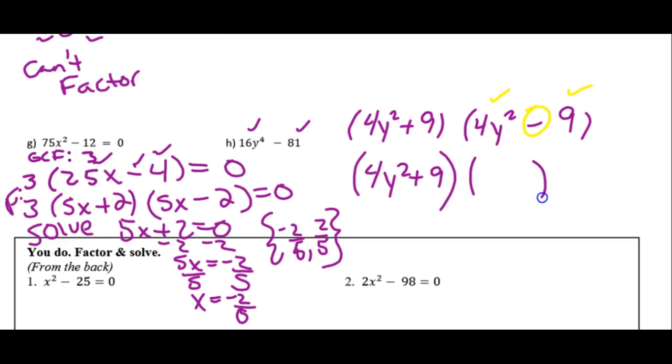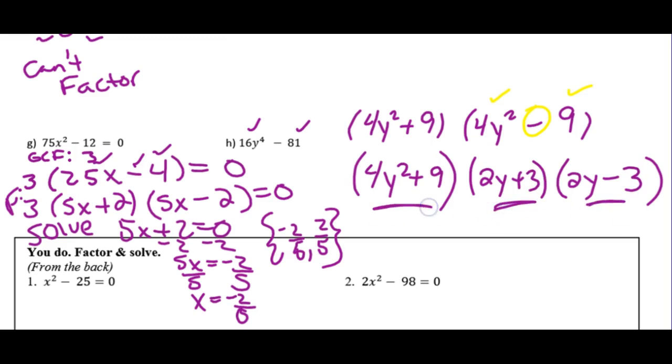This second one, I can continue to factor. The square root of 4y squared is 2y, plus and minus, and the square root of 9 is 3. And this one we're not going to solve. We could solve these two, but this one, we haven't really learned about that, and actually it wouldn't be something we would do in Algebra